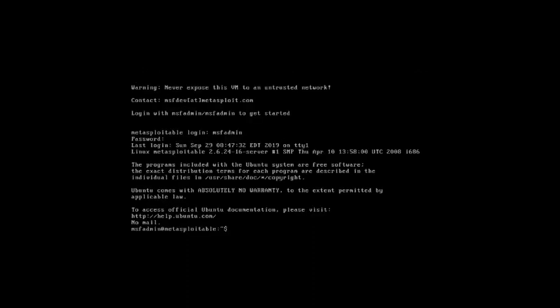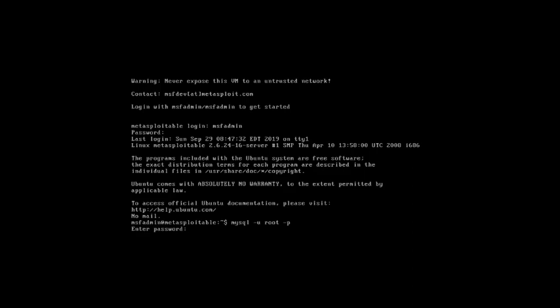So to run SQL queries, first we need to go to the SQL prompt. To go to the MySQL prompt, we need to use the command mysql, then -u to specify the username, that is root, and -p is for password.